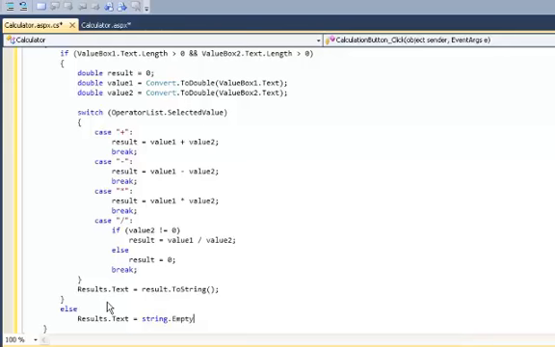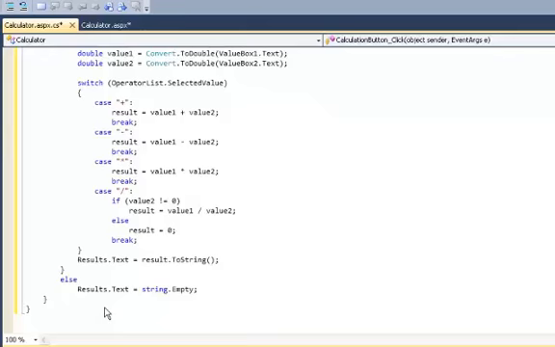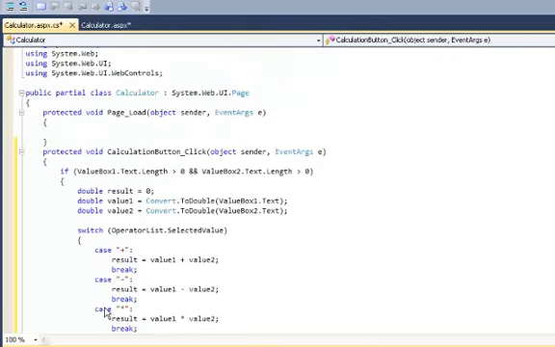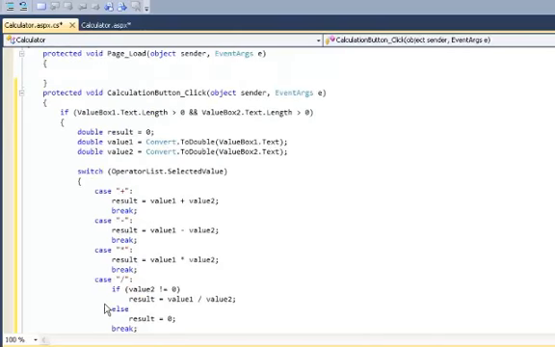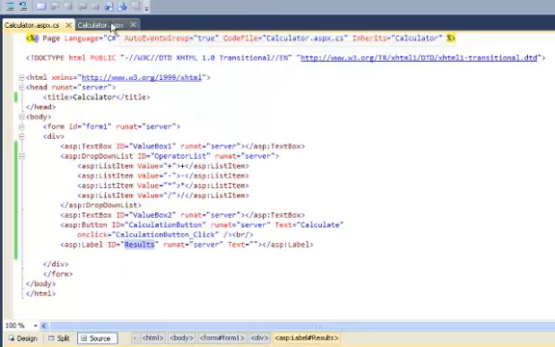Basically that would put an empty string within the results text. Okay, so here is essentially my entire calculator that I programmed, and as you see, it wasn't nearly as painful as it looks, programming for the web. So let's go back and let's run our